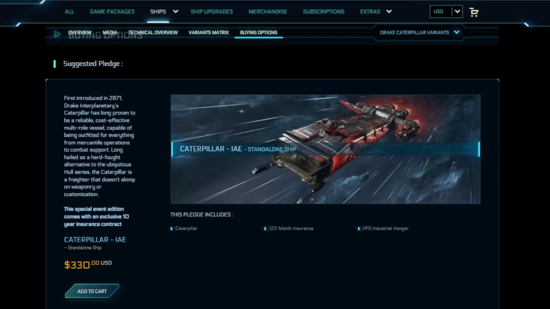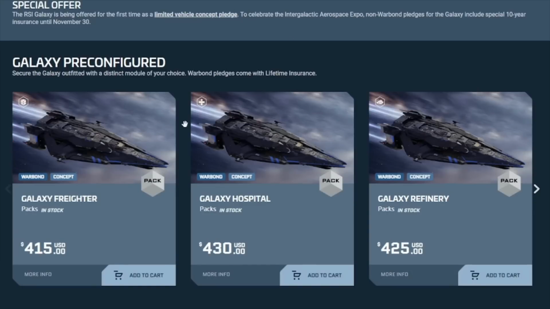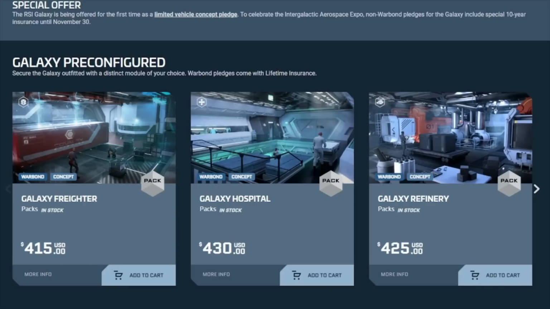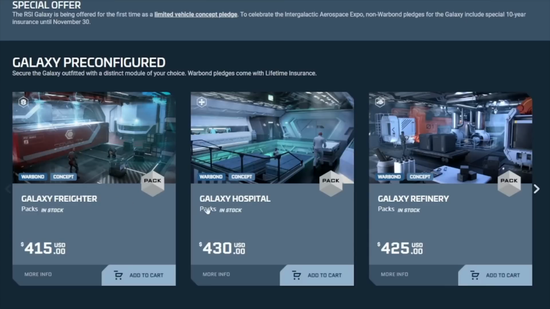Why is the Galaxy more expensive? We're talking about almost $100 more. That is because, as we said, it has much more firepower capability than the Caterpillar. The Caterpillar does have 2 turrets, and the gunner has firing capabilities, but it's a rather weak ship, with much lower hit points too. It cannot do that much, although it is rumored to be modular in the future. It doesn't have its own hangar, for example,